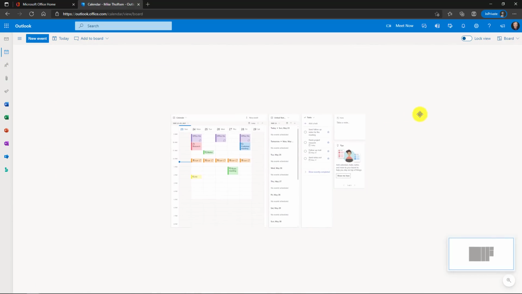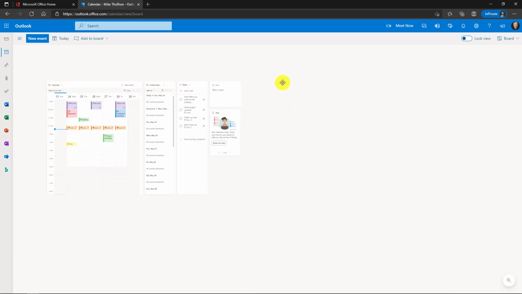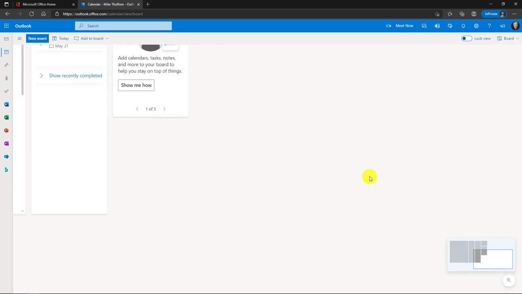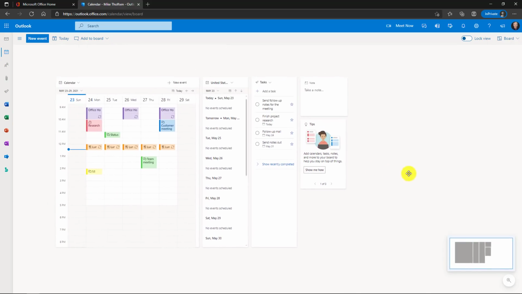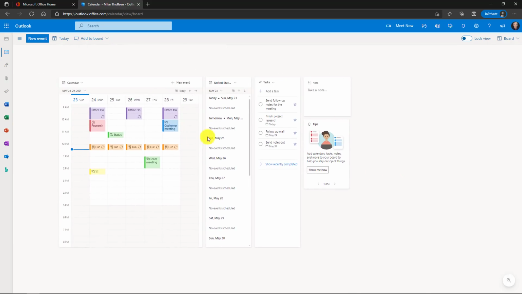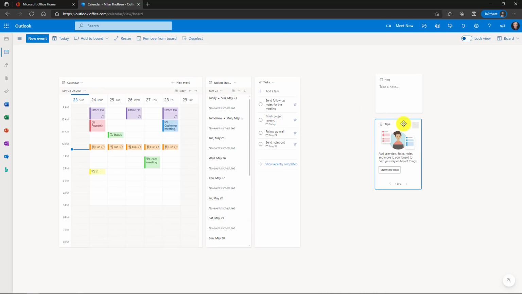If I click anywhere on this page, I can drag it all around. So it's nice in that it's a two-dimensional space, and as we'll see, I can organize it lots of different ways. So this Control right bracket and left bracket are really handy to know where you're at any given time. Now first off, I can do things like size these different parts and move them around. So I'll click here on the note, and maybe I want to move it over here. I have the tips one I can move over here.